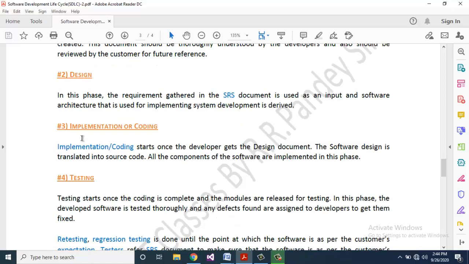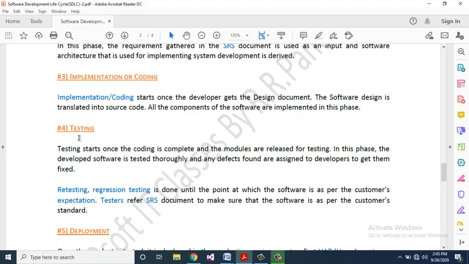Third one is implementation or coding. Implementation or coding starts once the developer gets the design document. The software design is translated into source code. All the components of the software are implemented in this phase.